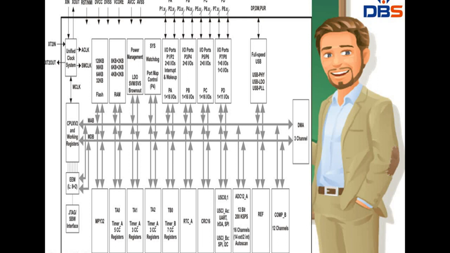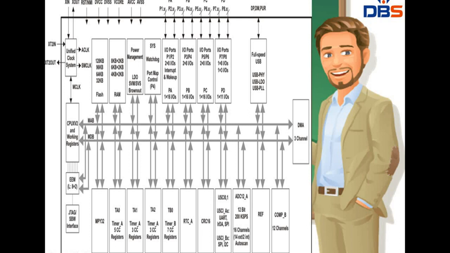And these timers can also support multiple capture or compare. Here we are capturing or comparing different types of registers, and also pulse width modulation outputs, interval timings, and extensive interrupt capabilities which can be used. So here we have 4 timers: TA0, TA1, TA2, and a TB0 or a TA3.